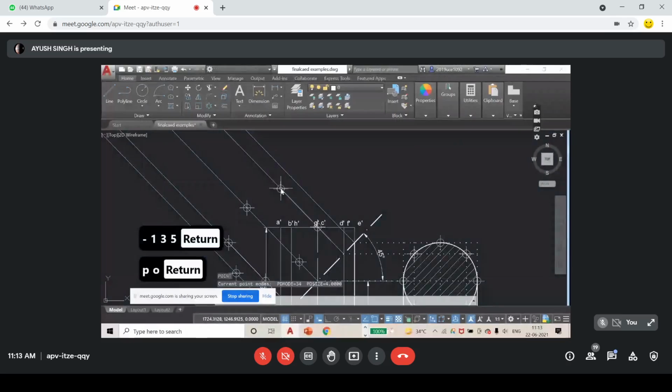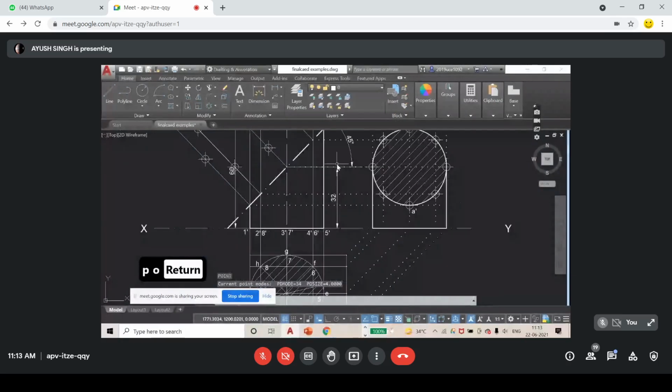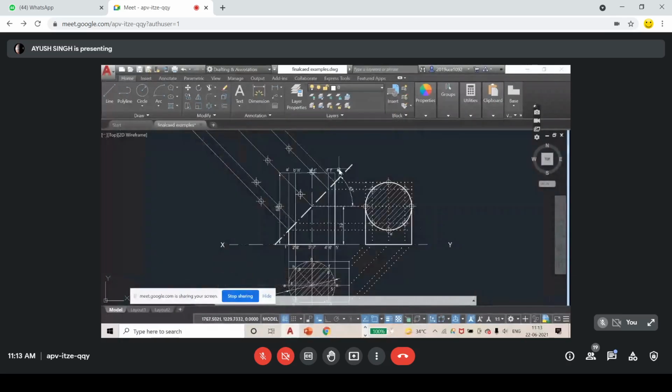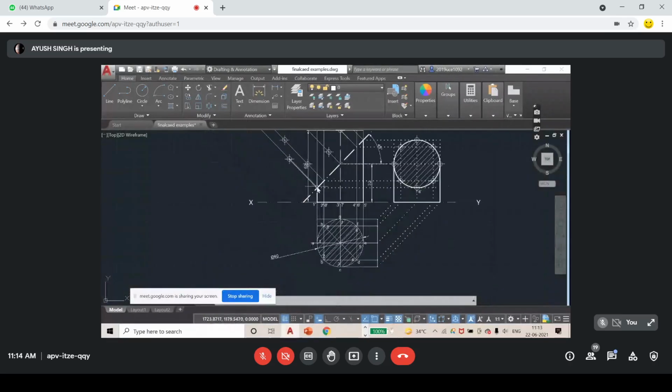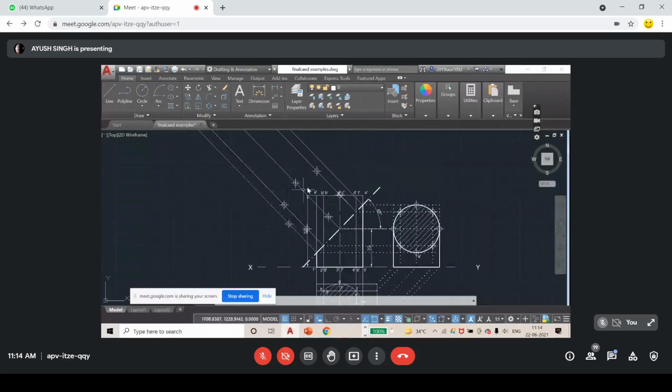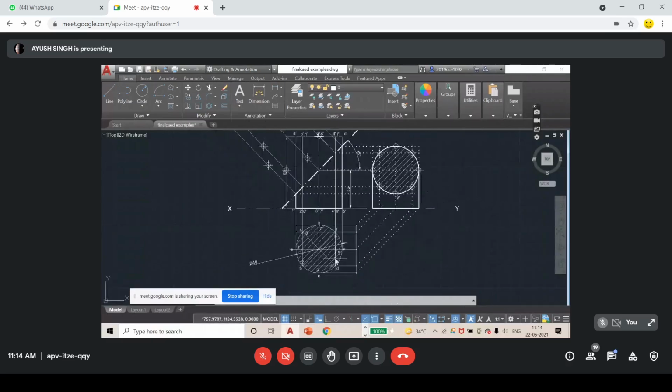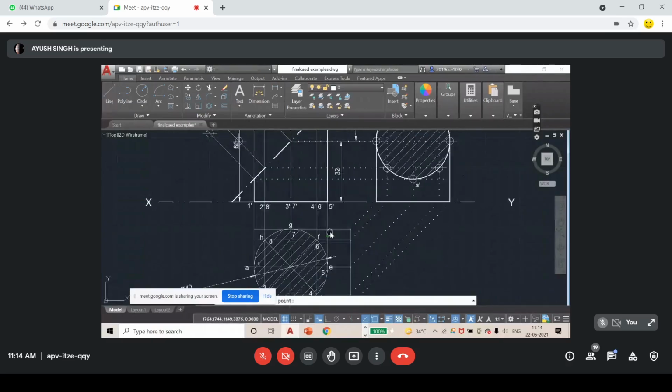These guys do understand that I have made a little mistake here. Actually, this is not a mistake. You have to take this length only, 1 dash A, but not from here. Don't mark this arc length from the cylinder. Choose a reference line here. After that, mark the length from here. I hope you understand. Ask me in the comments after I am done.